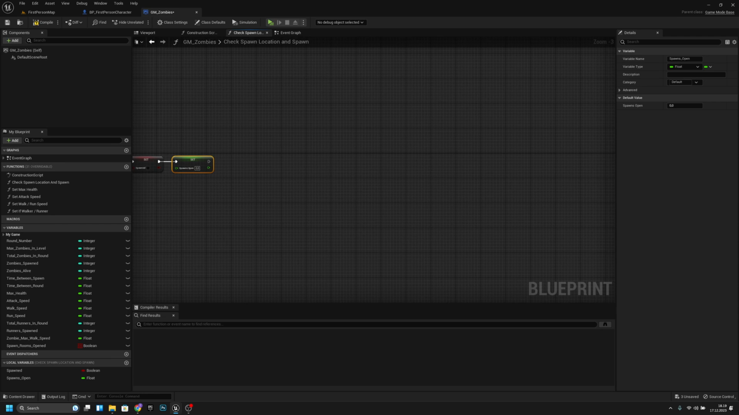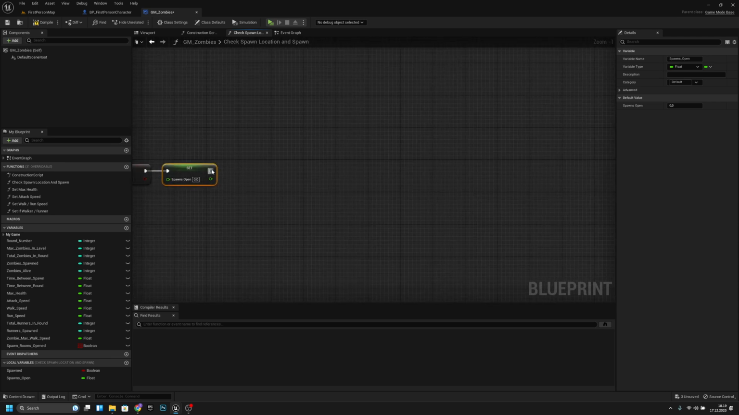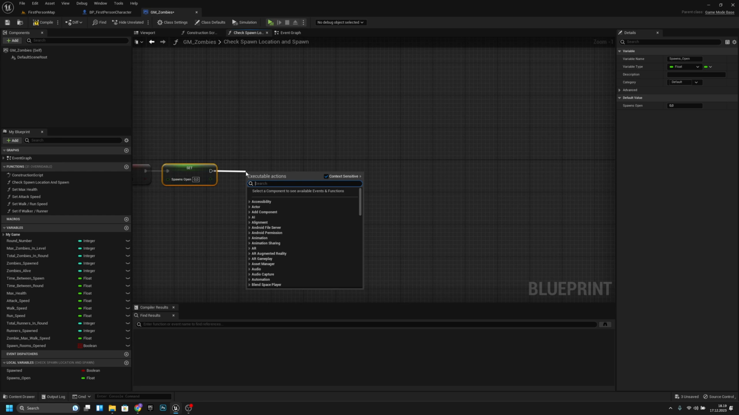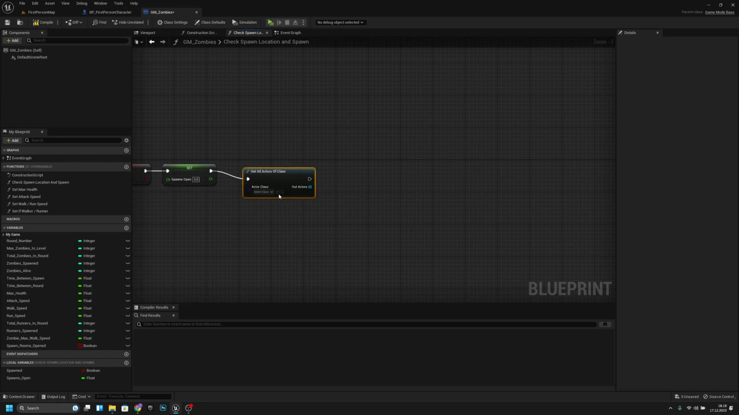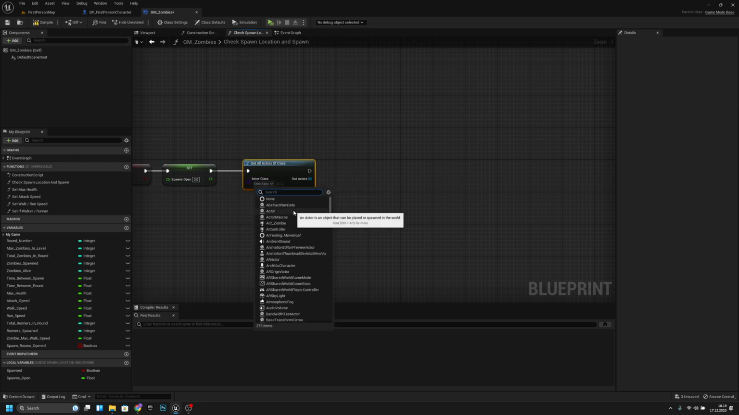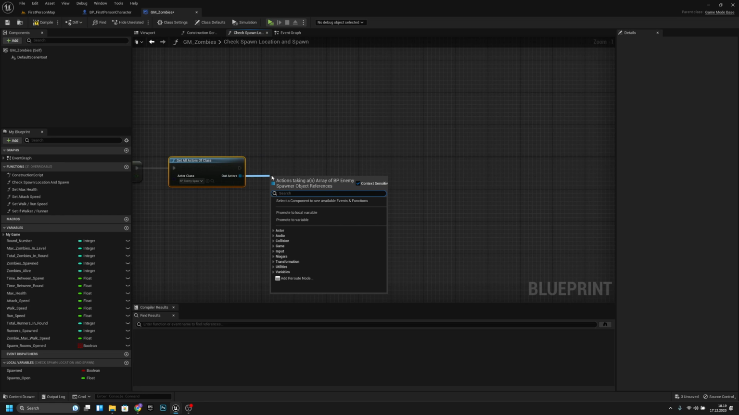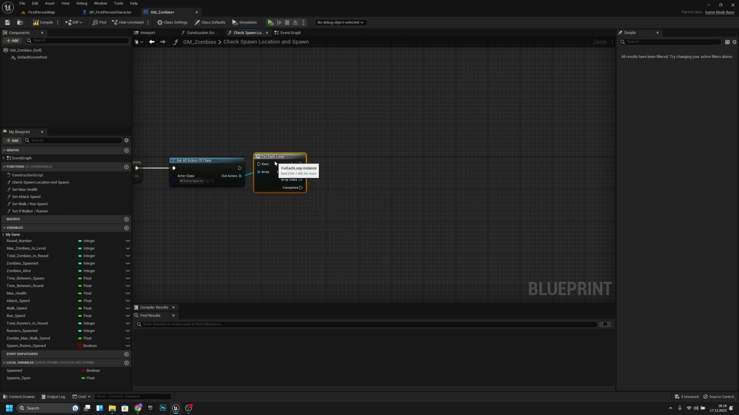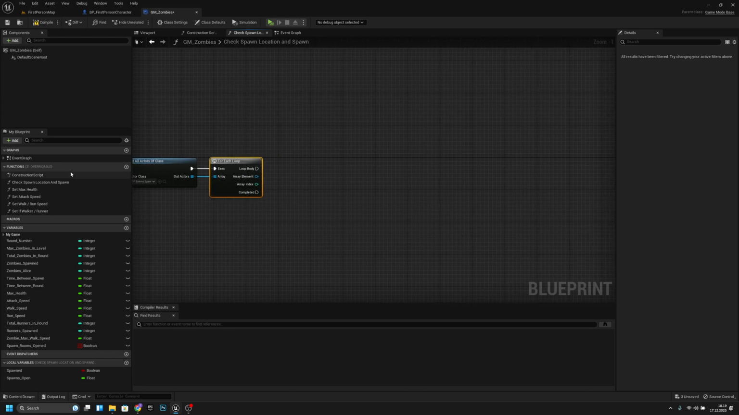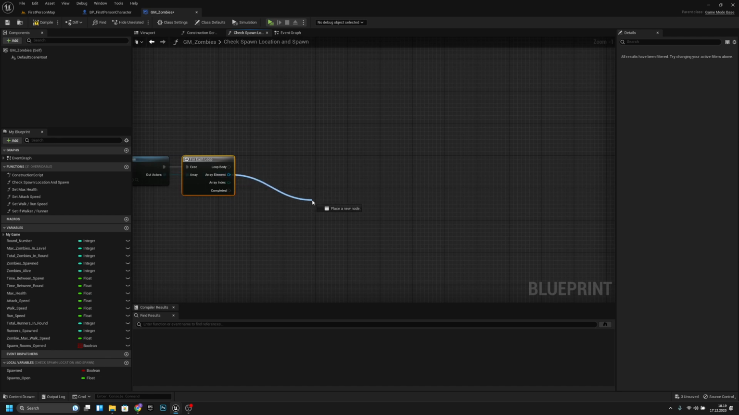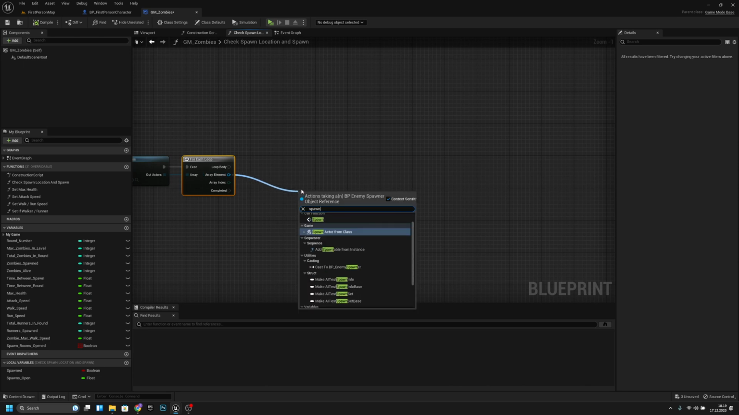Next thing we want to do, we want to actually get all actors of class. And here we want to search for the enemy spawner. And from here we want to get for each loop, like this. And now, first we want to check the array element. Actually, I think we need to compile first. We need to get from here the spawn room